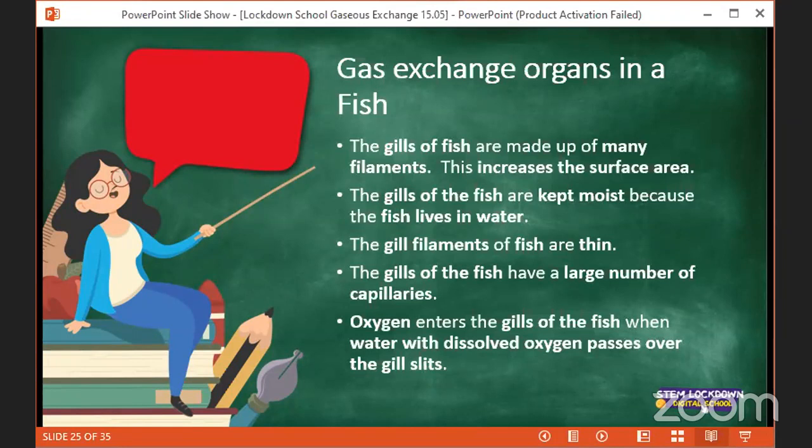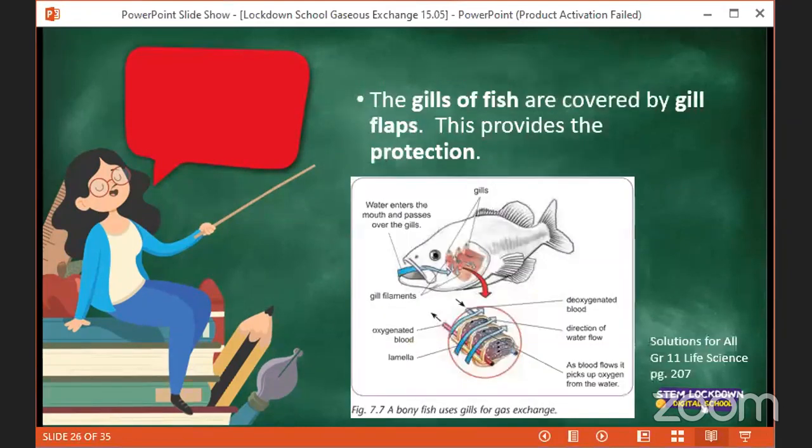And then oxygen enters the gills of the fish when water with dissolved oxygen passes over the gill slits. So I'll just show you, here is the picture. Let me just read the last point: the gills of fish are covered by gill flaps, and this provides protection. So here we have a picture of the fish, and water would enter the mouth of the